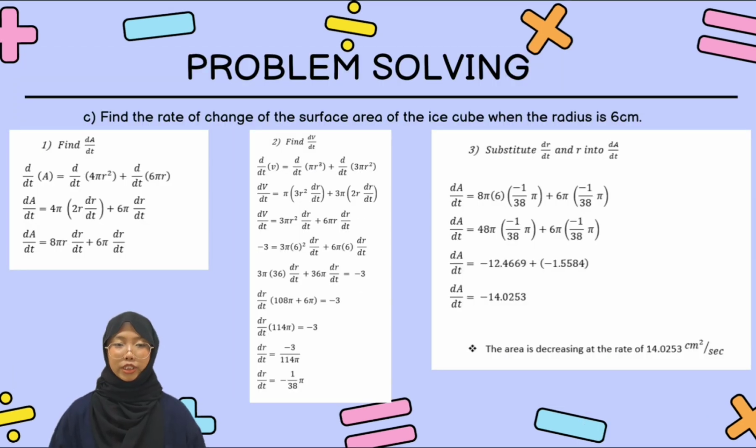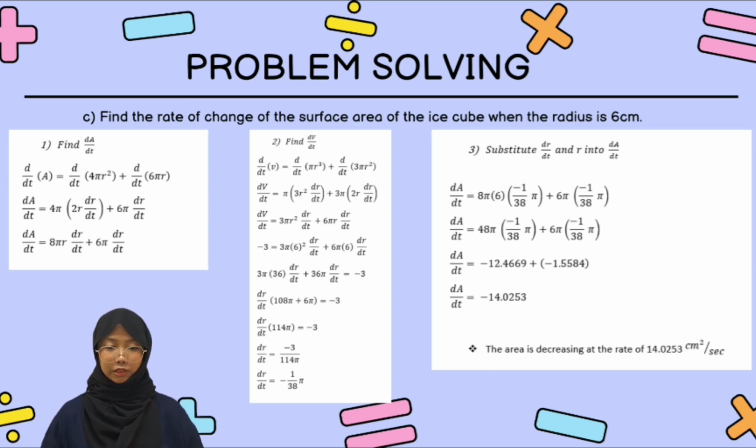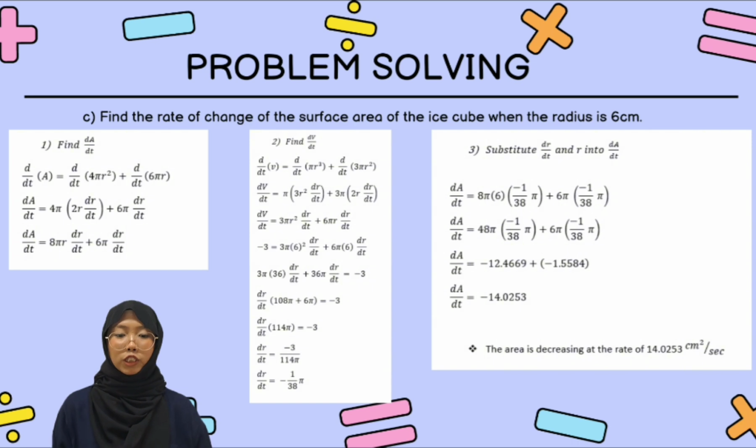For the next question, find the rate of change of the surface area of the ice cube when the radius is 6 cm. First, we need to find dA over dt. We need to differentiate the area that we found in question A, and then we will get dA over dt equals 8 pi r dr over dt plus 6 pi r